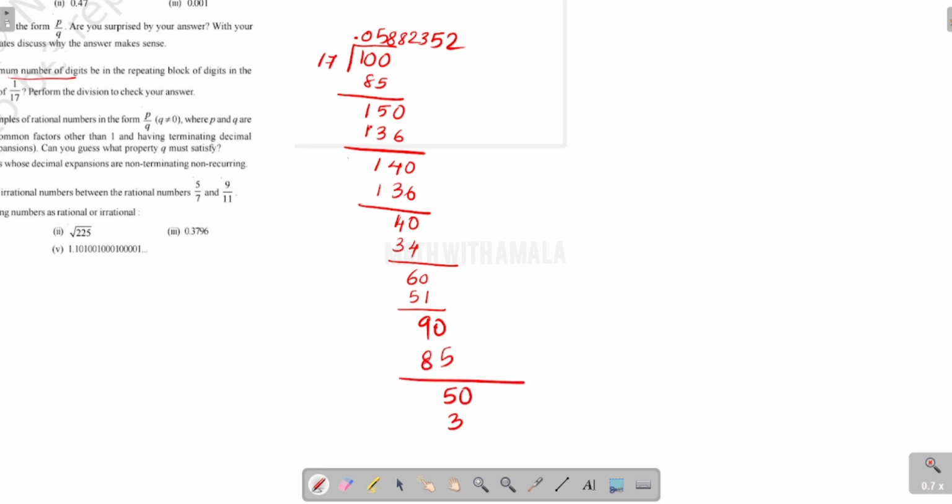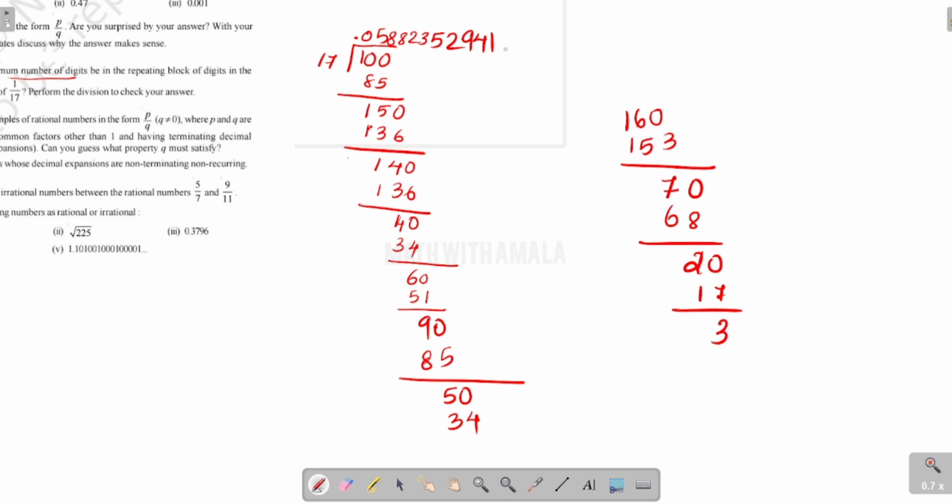Then the remainder 40. Let's give 2 17s inside 40, that is 34. Then again 60. Then there are 3 17s of 51. Then 9 remainder. Then you can give the 0. Then again 5 17s inside 90. Then 85, which is again 50. Then there are 2 17s inside 50, that is 34. Then you will get 160. Then again you can continue like this and you will get some 9, 4, 1, 1, 7, and at last